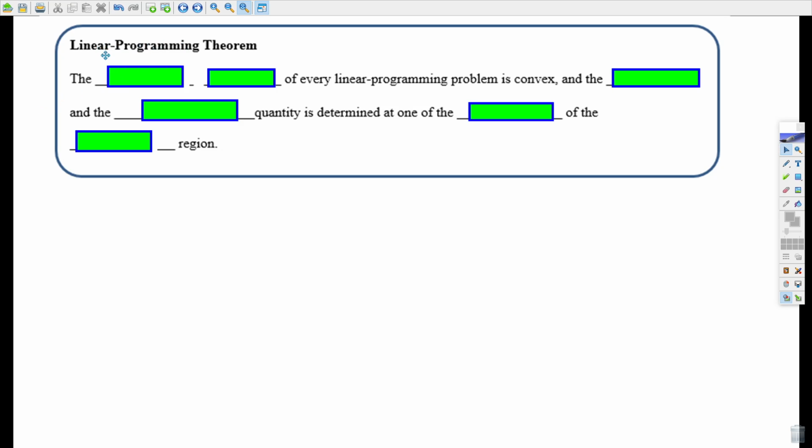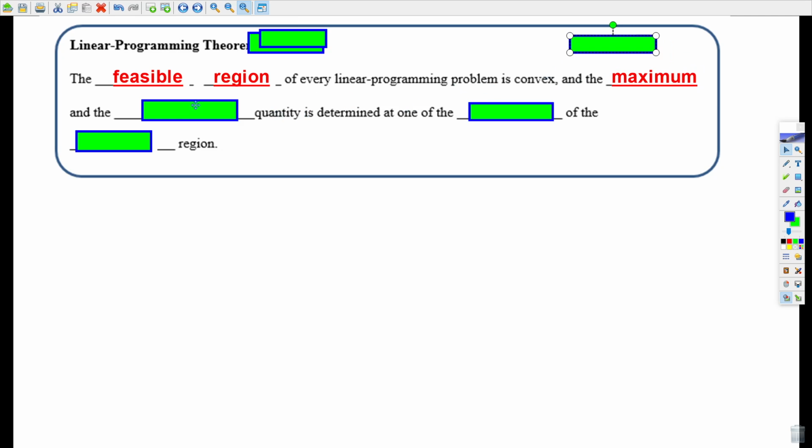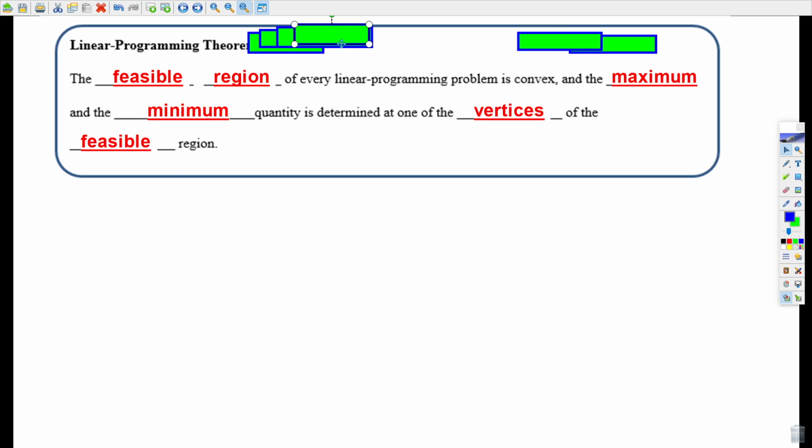So there is a theorem about this. It's called the linear programming theorem. What we just did is technically called linear programming, getting this feasible region, the vertices. So what it says is, when you have the feasible region of any linear programming problem, it's always convex, which just means it doesn't have like a dip in it or a dent in it. Don't have to worry too much about that part. And the maximum or minimum quantity of what you're trying to find is always going to be determined at one of the vertices of the feasible region. So in our particular case,